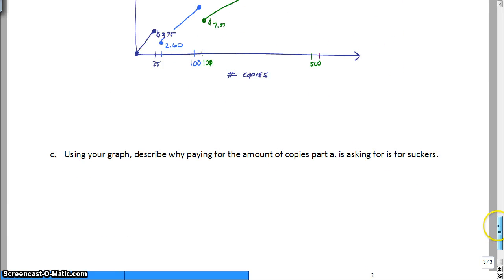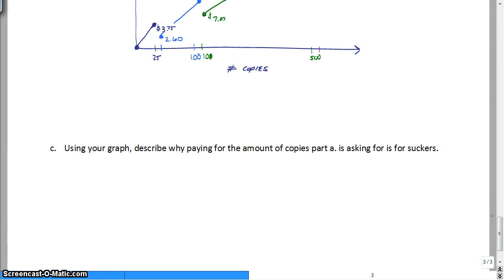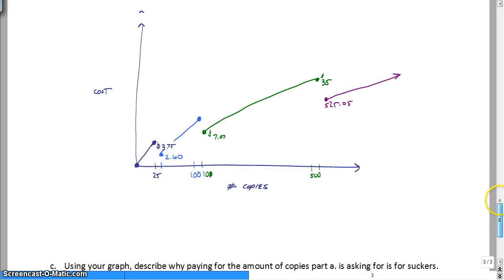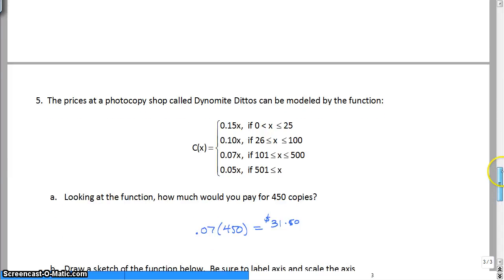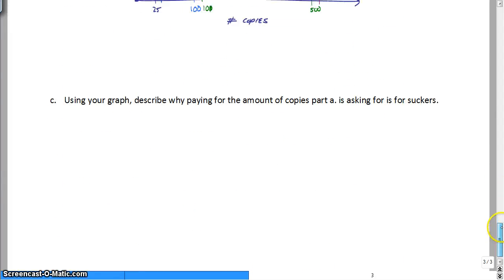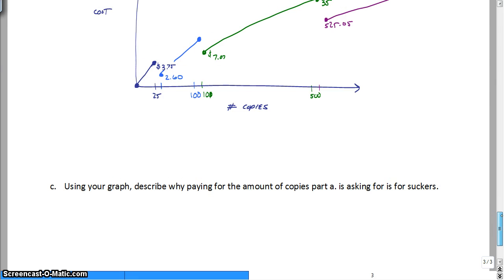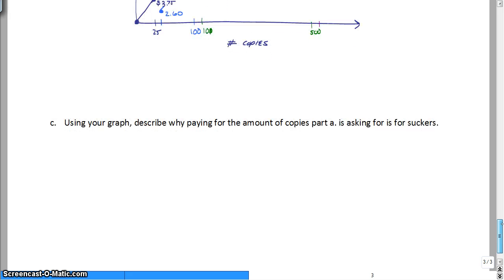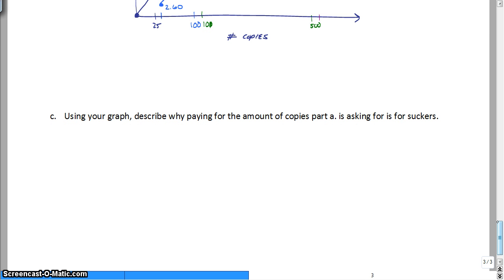So then we go answer this question. Describe why paying for the amount of copies in part A is asking for suckers. So why would you do that? Why would you get ripped off by doing that? Well, because if you want 450 copies, it's going to cost you $31.50. But if you buy 501 copies, it's only going to cost you $25.05. And that's because of the bigger bulk rate discount. Okay? So basically, why pay $31.50 for 450 when you can get